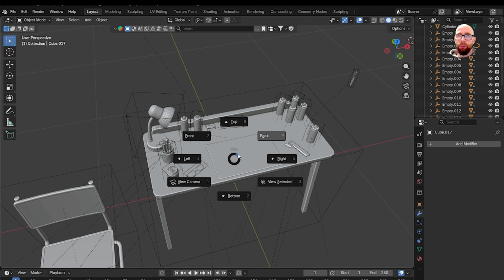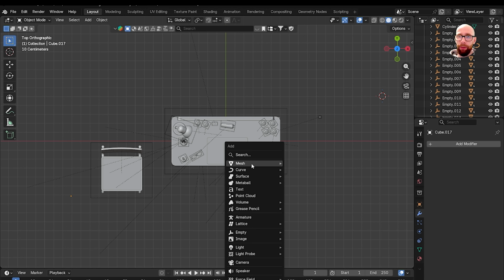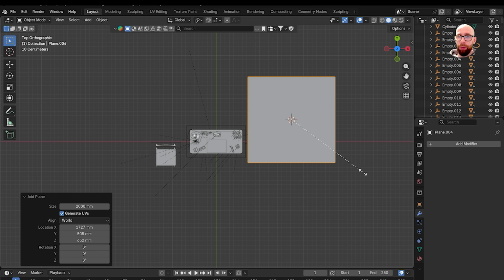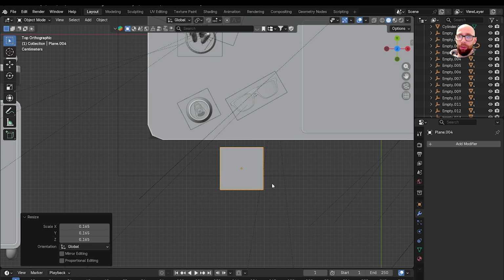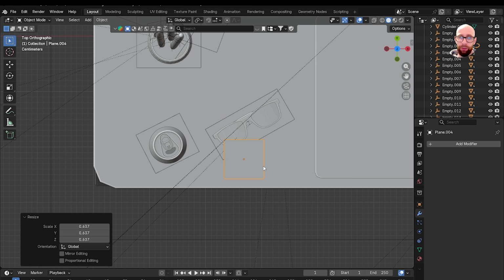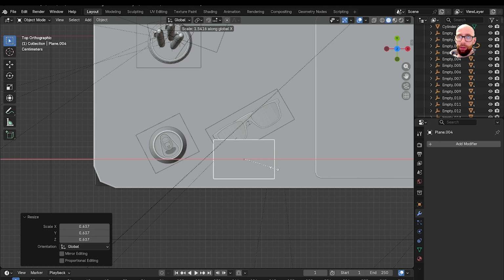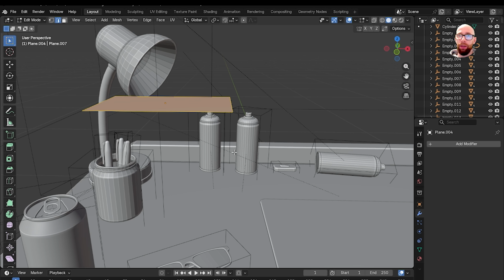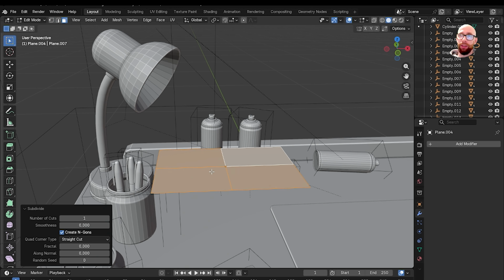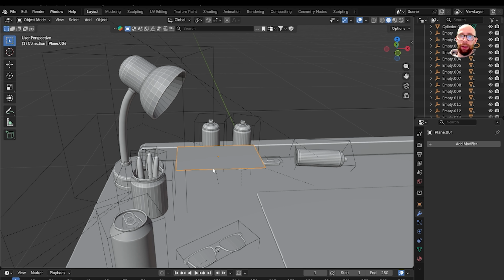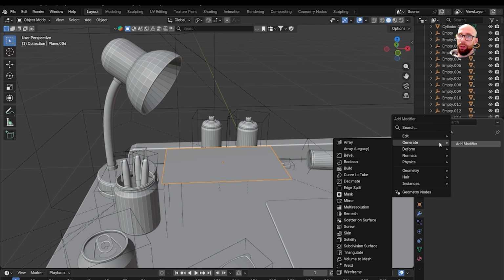So let's come to the top, Shift A, mesh, add a plane, make this quite a bit smaller, S, X, something like that. Now we need to subdivide this, so I'm going to have face selected here, right click and go to subdivide, which is different to doing a subdivision modifier, so just be aware of that. Something like that. And then we're going to add a modifier, and go to deform,